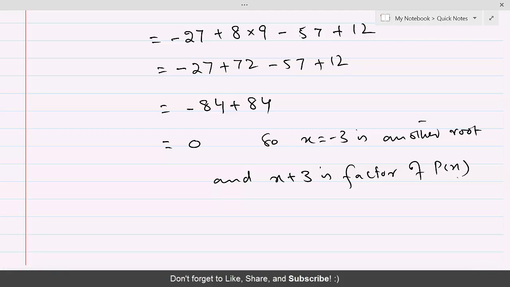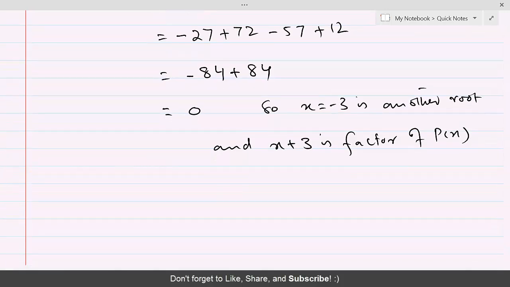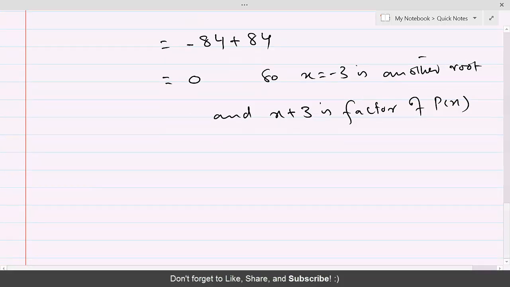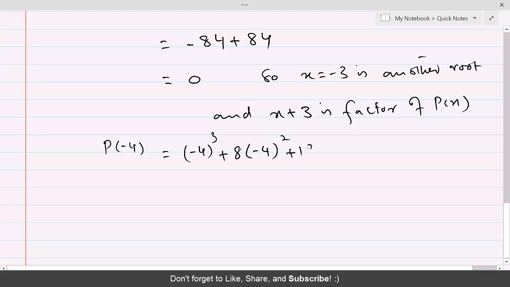There is one more factor, and without wasting any time, the only number which is going to satisfy out of these many numbers is minus 4. So p of minus 4, and let's do that. Minus 4 power 3 plus 8 times minus 4 square plus 19 times minus 4 plus 12, and this is equal to minus 64 plus 8 times 16 minus